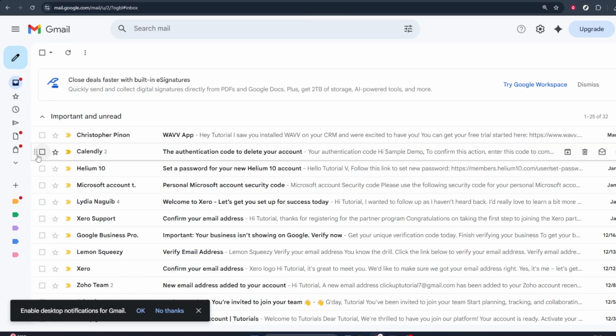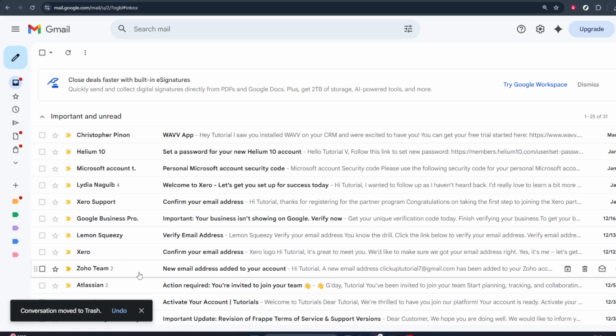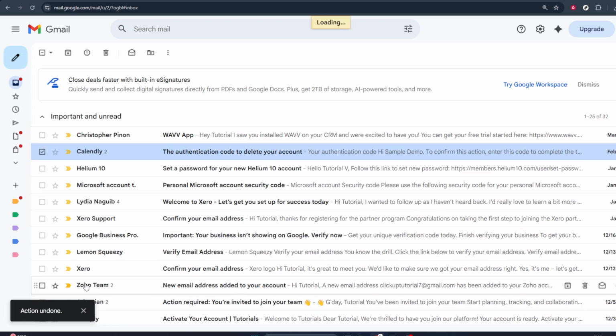Once you've chosen your preferred cancellation period, scroll down all the way to the bottom of the page and click Save Changes. This step is important. If you don't save, Gmail won't apply the new undo time. From now on, whenever you send an email, you'll see an undo option appear briefly at the bottom left of the screen. If you realize